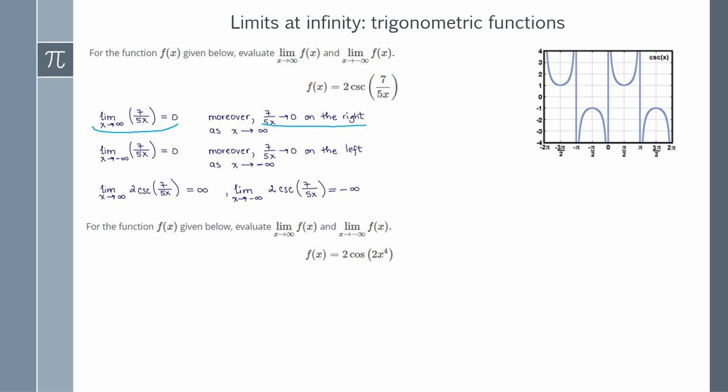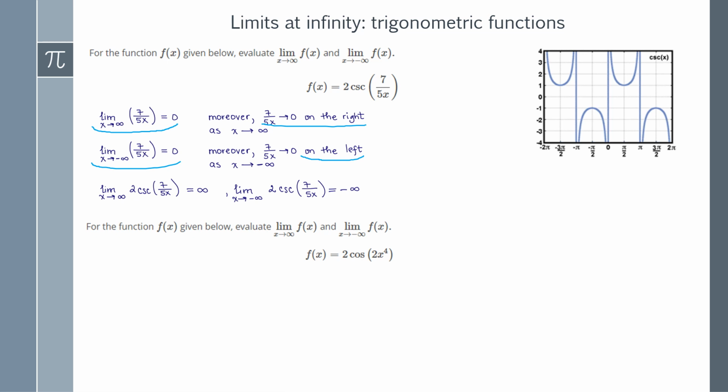What does that mean? If I were to create a table where x gets really big with positive values, then f of x would get really small but also positive values, right? That means we're approaching 0 on the right side. Similarly, for x going to negative infinity, the limit is still 0, but now we're approaching 0 on the left. So here, if I were to create a table where x would go to negative infinity, the values for f of x would also be negative, but in magnitude, they would get very small, so we would be approaching 0